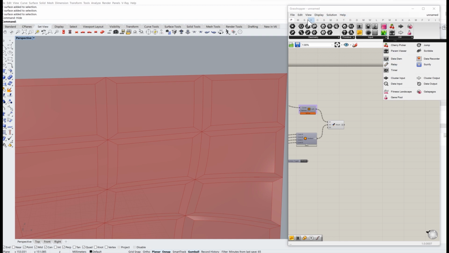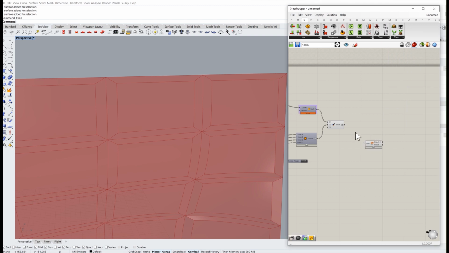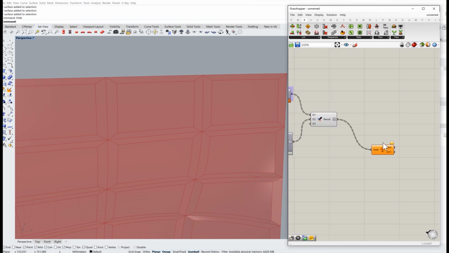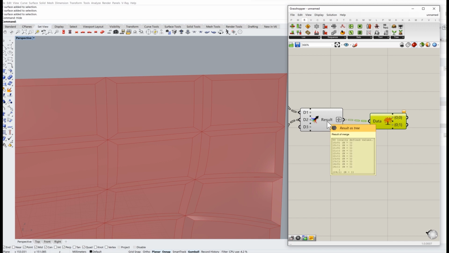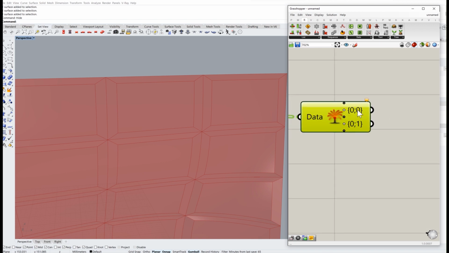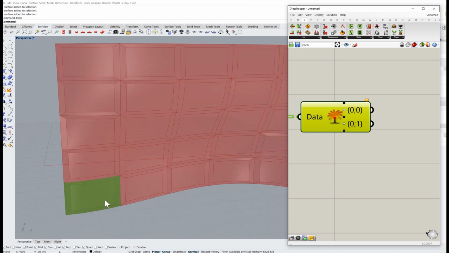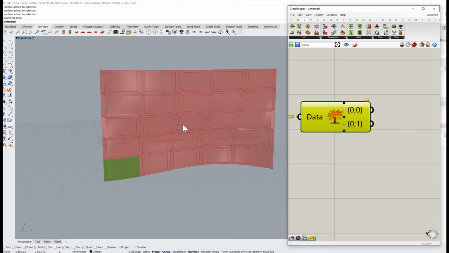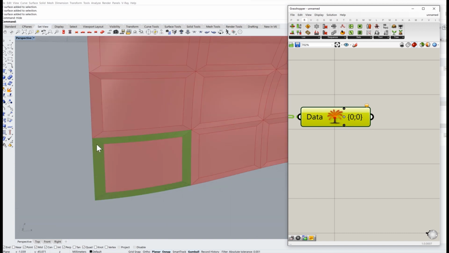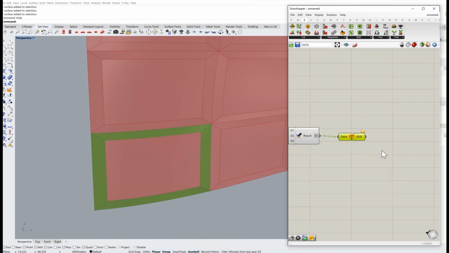Next. That is not what I want. Explode tree is basically, we can take any data tree and explode its branches as separate outputs, if that's what you want. So 0, 0 is going to be this panel right here. 0, 1, for some reason, why doesn't it give me 0, 1? Oh yeah, okay. So 0, 0 is this guy. 0, 1 is this guy, right? But